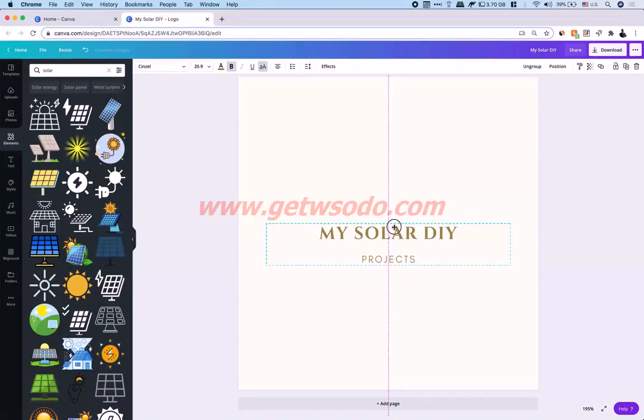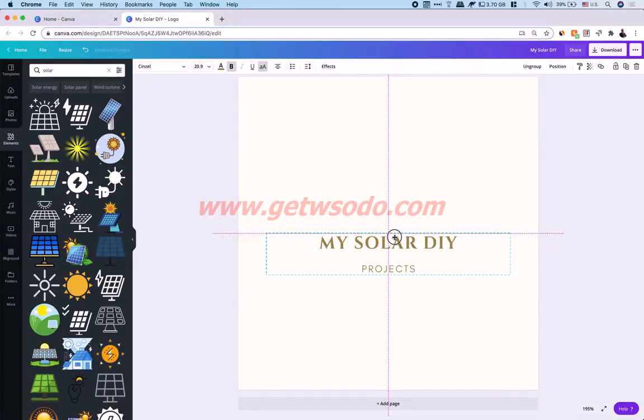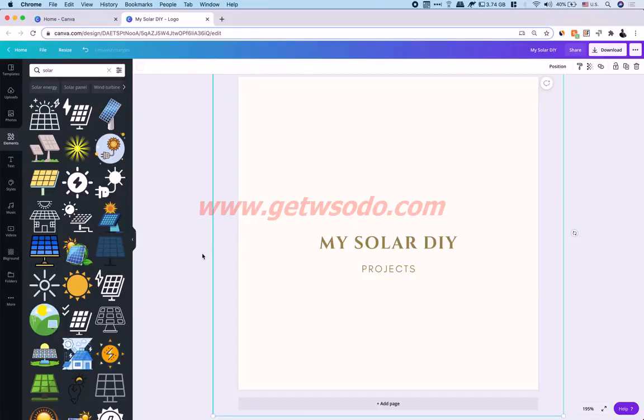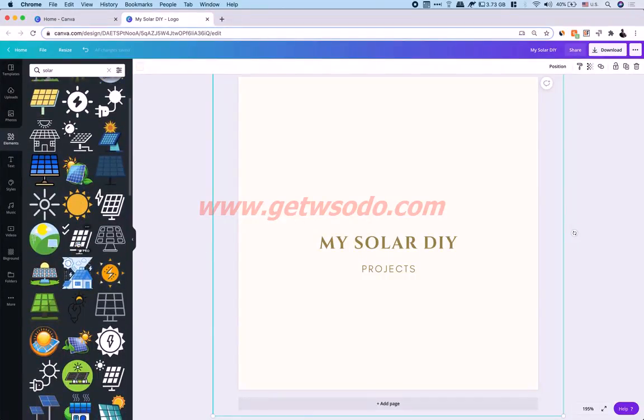You see, when I'm dragging this, you see these pink rulers. Canva is going to tell me, hop, when I stop, it stops in the middle. You see, like I have a ruler in the middle horizontally and vertically. So it means that my element is in the middle. So this is in the middle. Perfect. Now what we want to do, just grab an element, an icon from here, and let's find one